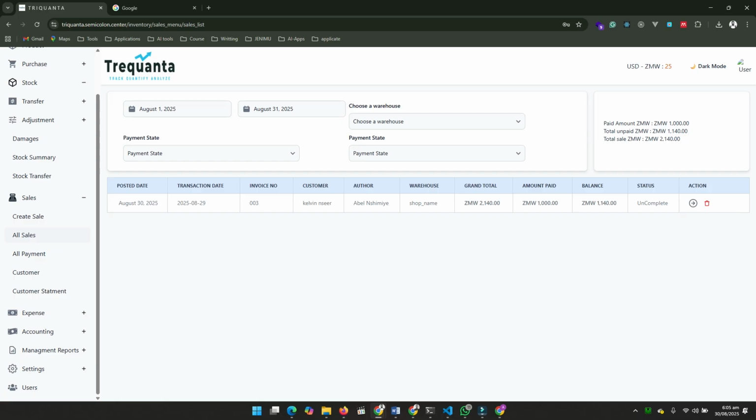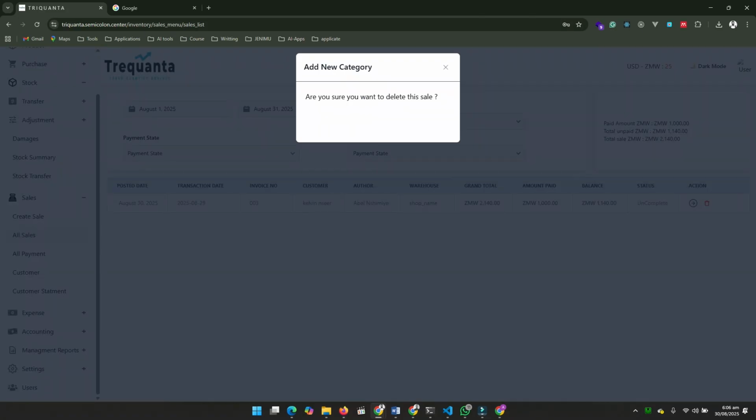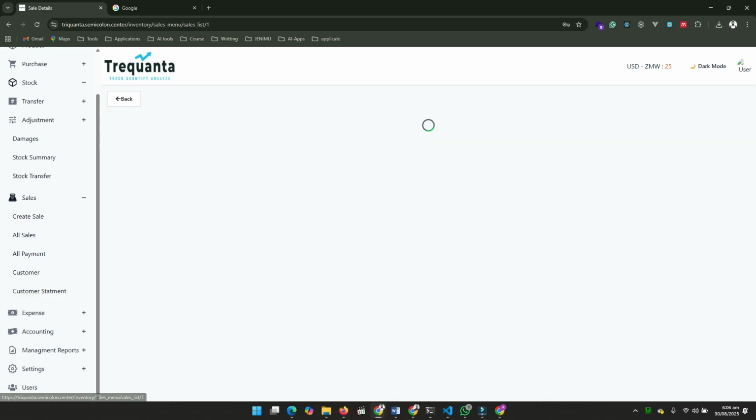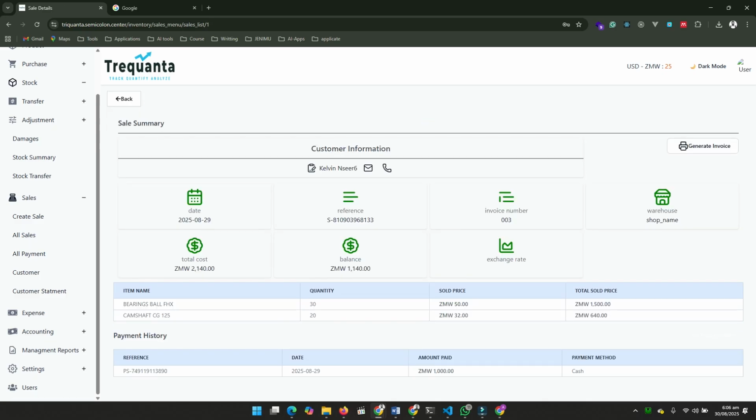If you made a mistake, you can delete. It means what you have sold has to go back to the stock, maybe. And this one has to expire after 4 hours. That's it. When you go here, you can see the details of your stock, your sale, and you have